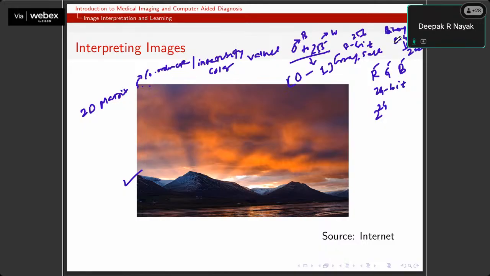You will have only black and white pixel values. That means you will get an image having only black and white pixels. That is a binary image. Sometimes it is also important in medical imaging. I'll talk about it later on. And another one is the grayscale image. I'll show you some images that correspond to binary, and some medical images that correspond to grayscale, like CT scan and magnetic resonance imaging, which you might have seen.